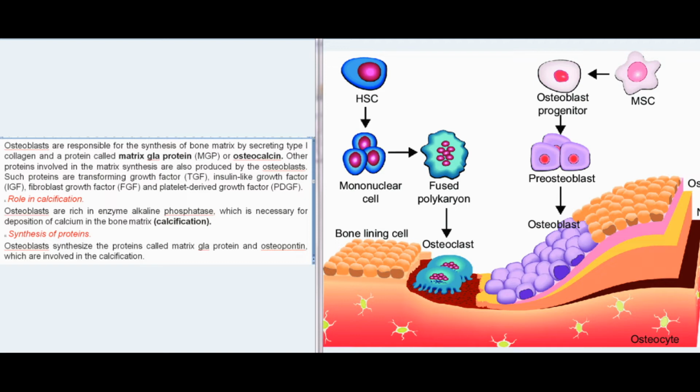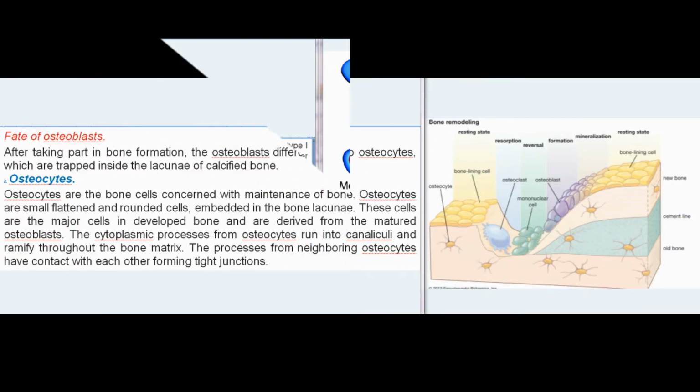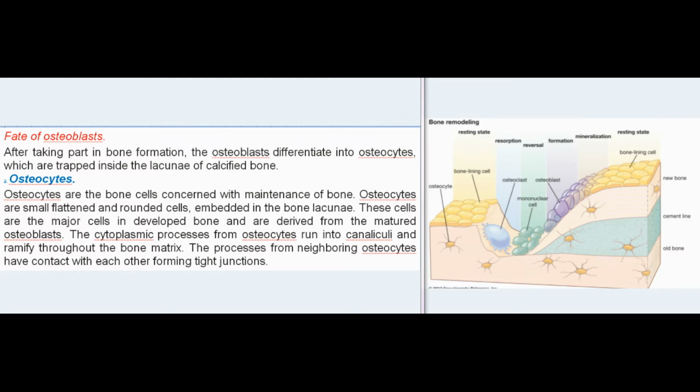Role in calcification. Osteoblasts are rich in the enzyme alkaline phosphatase, which is necessary for deposition of calcium in the bone matrix, calcification. Synthesis of proteins. Osteoblasts synthesize the proteins called matrix GLA protein and osteopontin, which are involved in the calcification. Fate of osteoblasts. After taking part in bone formation, the osteoblasts differentiate into osteocytes, which are trapped inside the lacunae